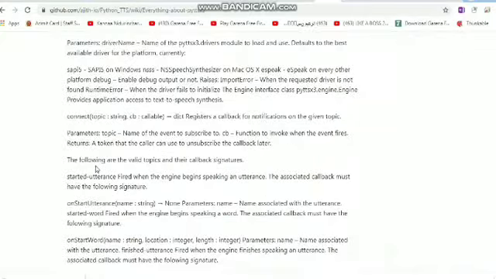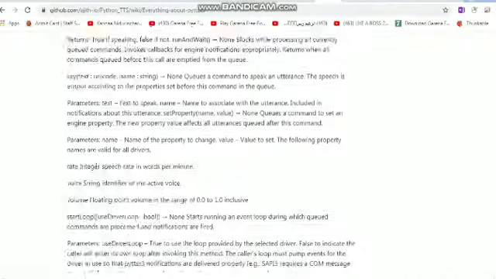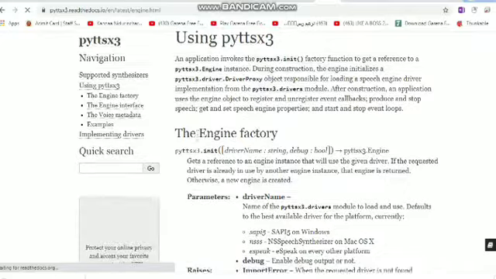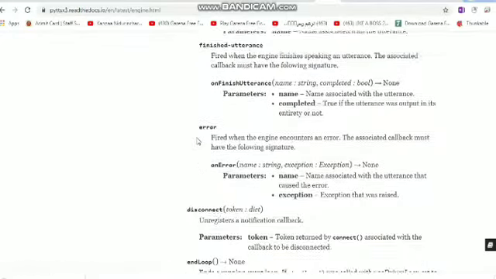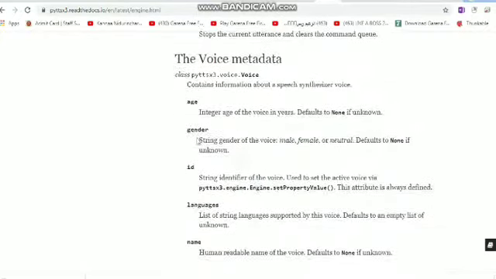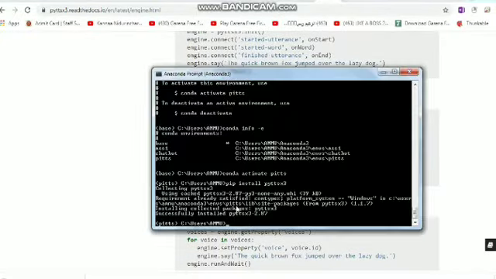It will provide all the details about whatever pyttsx3 is. Basically you should know about this, because in any interview, and if you have to present this project, you have to explain all the details about pyttsx3. So let's run it. Okay, it's installed now. Let's create this file.